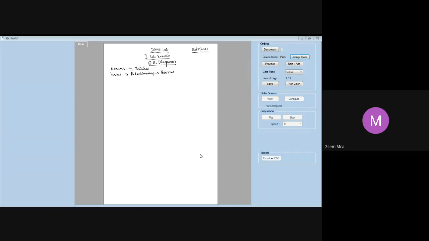All right. Now, how do you represent an entity? We always represent an entity with a rectangular box. We'll be learning all this again in the theory classes. And you have to write the name of the entity. This is one of the entities. Then we have student as one entity. Let me put down here. Student is an entity. Then, I will put down here somewhere, book is an entity.